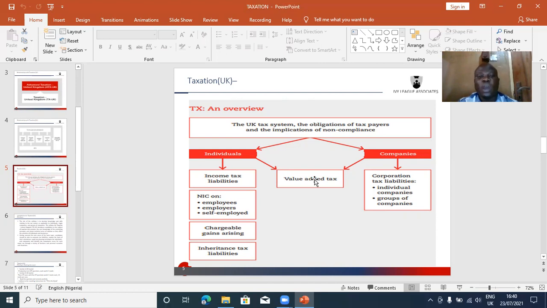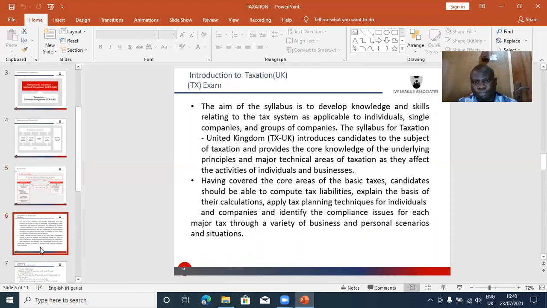And you also need to have a very good knowledge of the UK tax system and its administration. Specifically, each of these taxes has specific ways in which they are administered, and knowledge of those issues is very important. The filing dates, payment dates, and all of that, very, very important. Then we can talk about